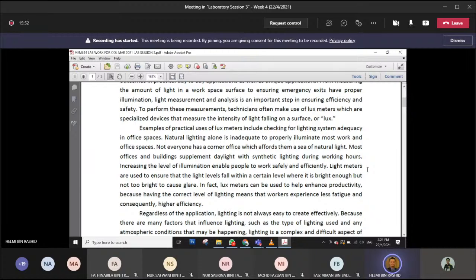Not everyone has a corner office which affords them a sea of natural light. So most offices and buildings supplement daylight with synthetic lighting during working hours. Increasing the level of illumination enables people to work safely and efficiently, especially when you are in an assembly line. Sometimes in an assembly line, you don't have adequate lighting, so there are tendencies for your workers, the human operators, to make mistakes,